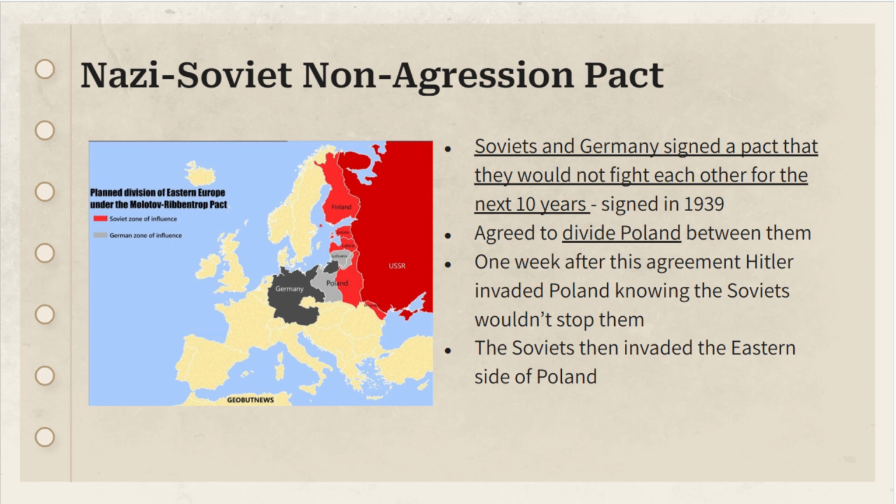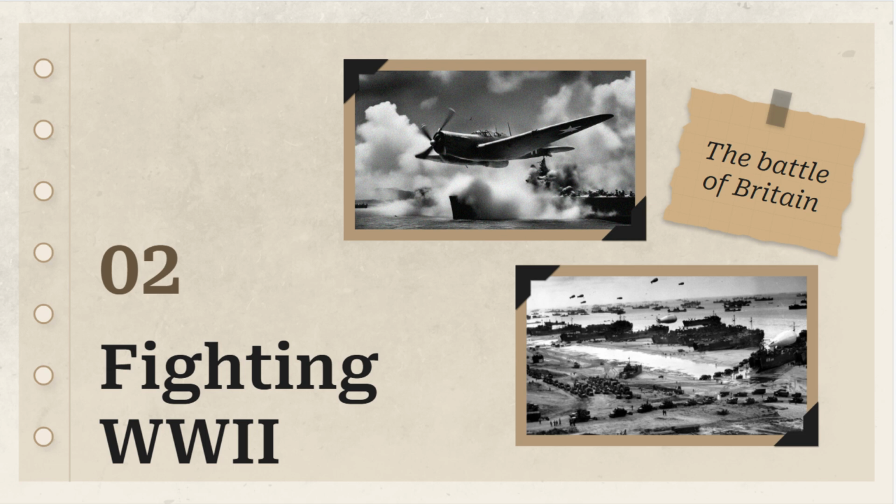Then, in 1939, Hitler and Stalin shocked the world by signing the Nazi Soviet non aggression pact. They basically agree not to attack each other and secretly plan to divide up Poland between the two of them. And this gives Hitler the green light to launch his invasion of Poland without the fear of the Soviets resisting that action. And the invasion of Poland is really seen as the initial catalyst of World War II. So now let's get on to the fighting of World War II.